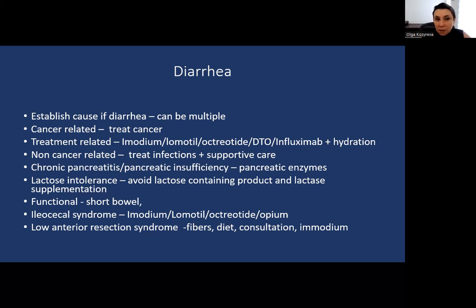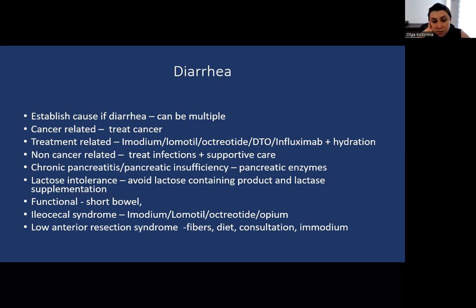So lactose intolerance I already discussed. Avoid lactose containing product and lactase supplementation. In some country there is lactose free product or product with lactase, including ice cream. So, and functional diarrhea, short bowel syndrome, you know, you can use octreotide for management of short bowel syndrome, IV